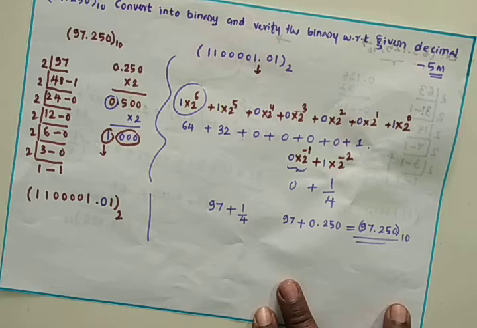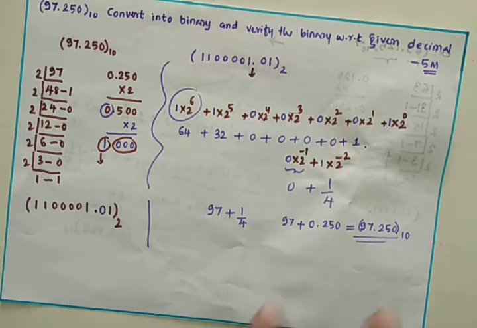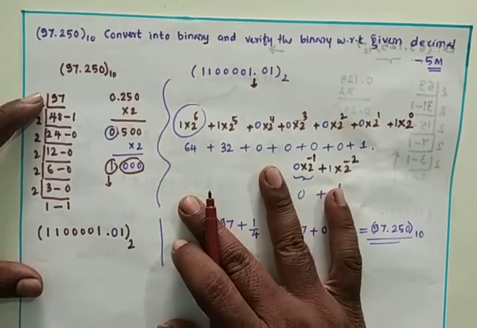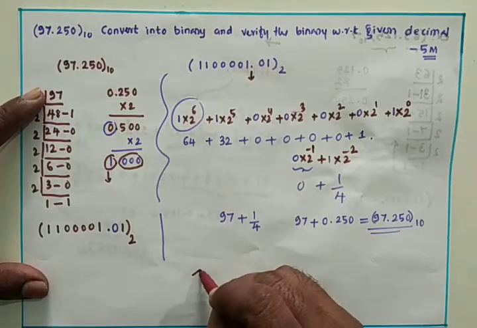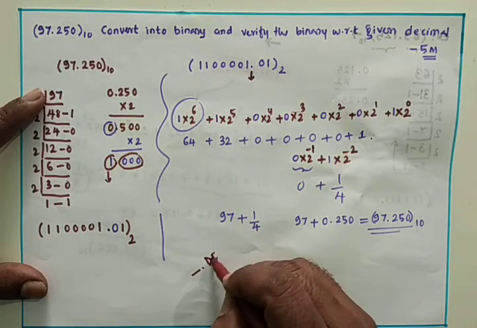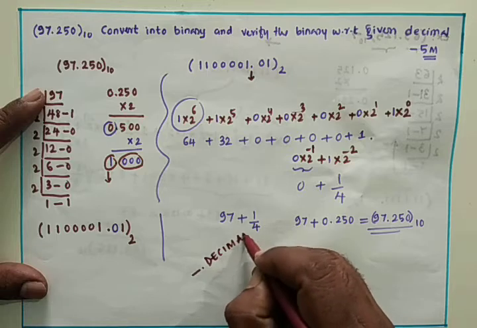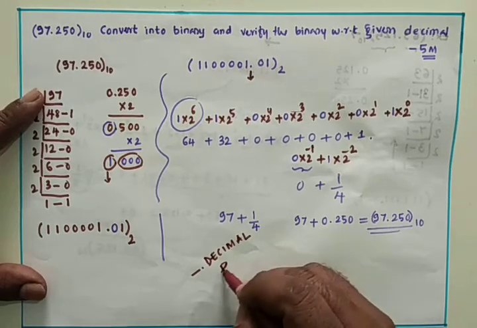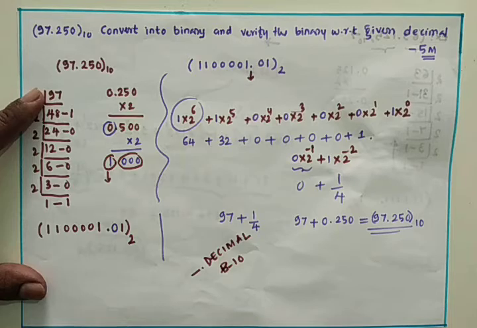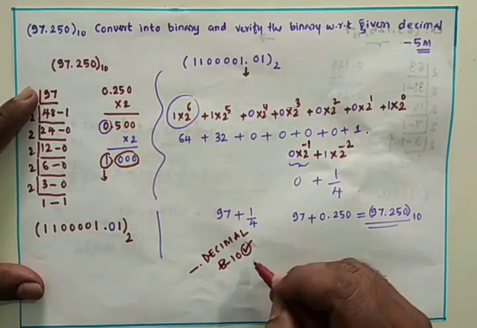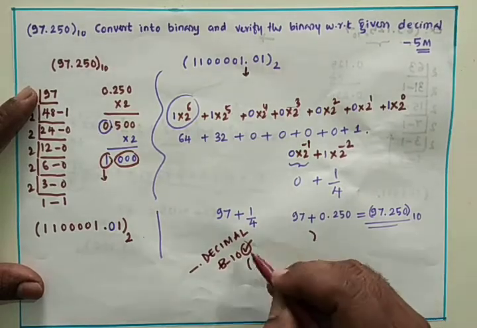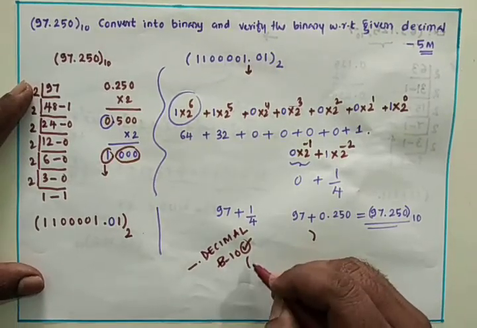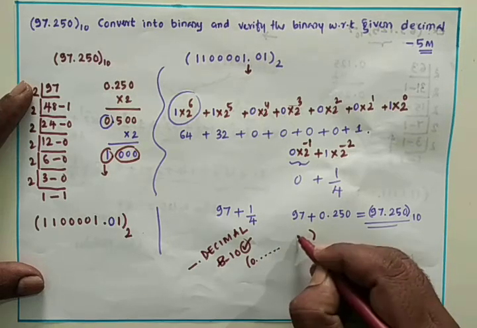And in next class I am going to talk about the remaining number systems. So far we have studied two number systems. What are the two number systems we have studied? One is the decimal number system, whose base is 10, and it has 10 unique symbols, that are 0 to 9.